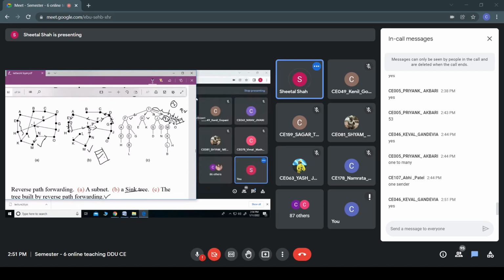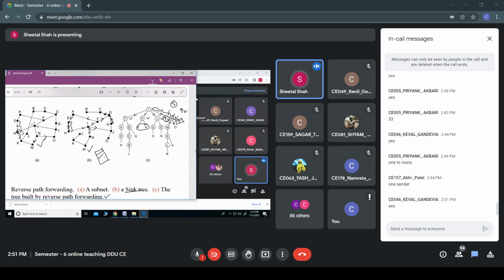In the same way, J would also receive, and if it finds that it is the shortest path, then it will forward it to G as well as O. Similarly, H would forward it to E as well as K, and F would be forwarding to A as well as D. Now, once H receives this packet from I, it will check whether it would forward it to E as well as K. You can see that it has already forwarded to E as well as K.